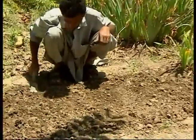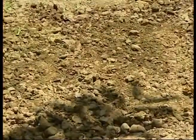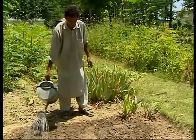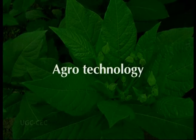That obviously means we have to see not only what soil we use, but also what is the pattern of irrigation as well as the supplementary treatment of the nutrients in that soil that is essential to give rise to healthy seedlings. That obviously means we have to develop what we at present refer to as an agrotechnology. That is not only domesticating the plant, but also trying to commercialize the cultivation of the plants in different habitats, so that one can assess which habitat is more suitable in comparison to the natural habitat, wherein